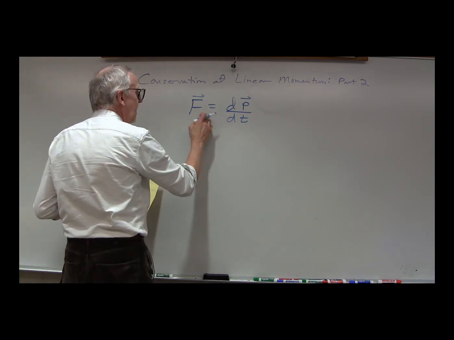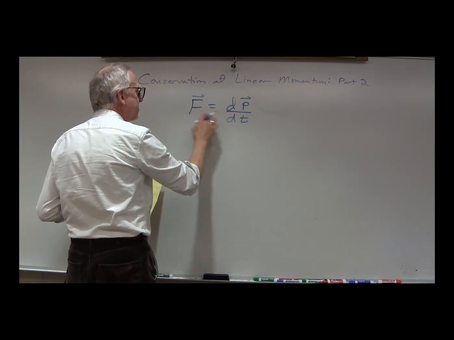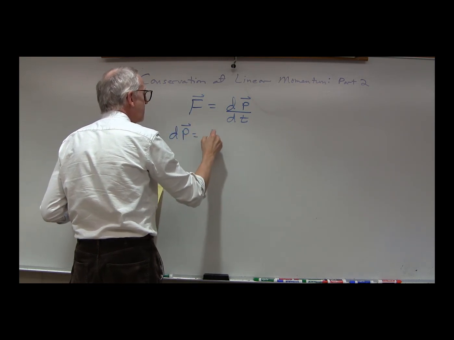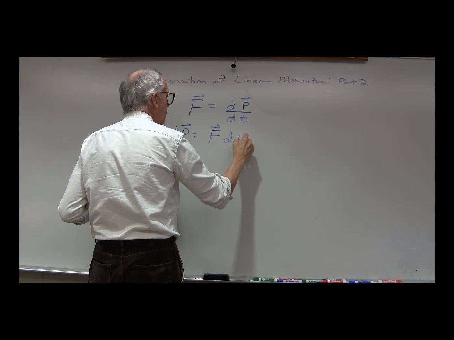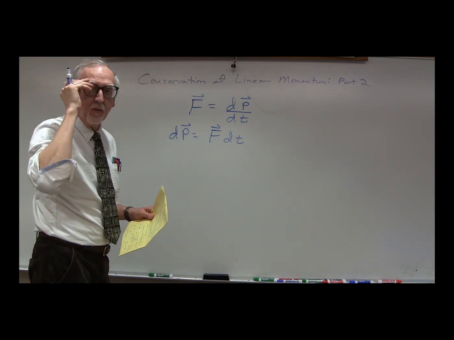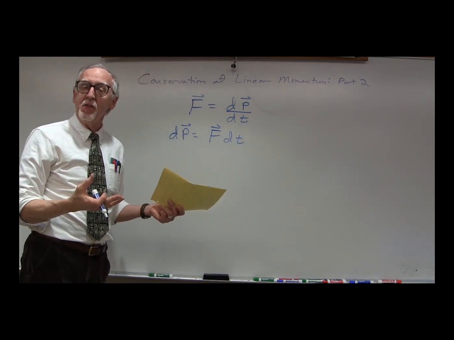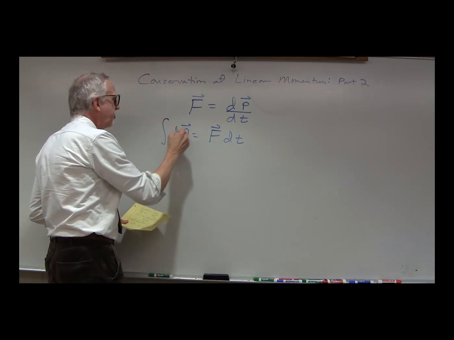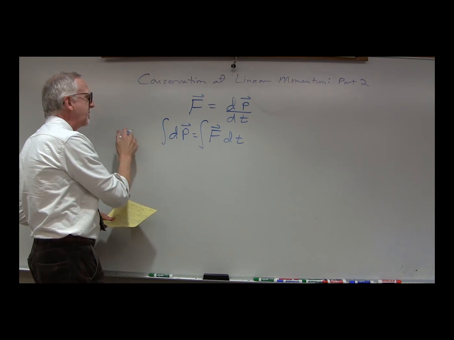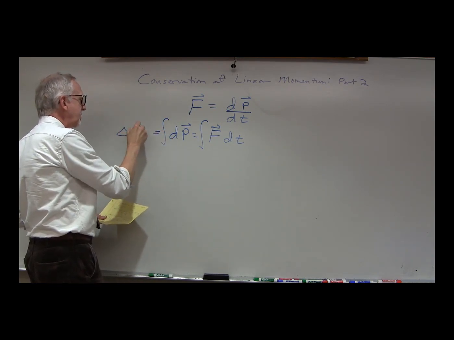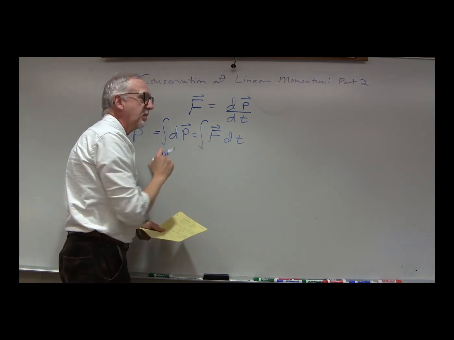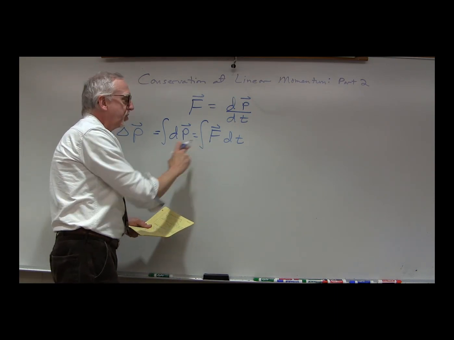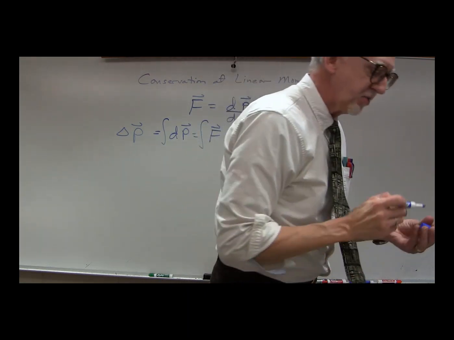Well, if we have some change in the momentum, let's multiply by dt, and so we have dp equals F times dt. If we want to figure out a large change in the momentum, or the total change in the momentum, we would integrate both of these, and this is going to give us that the total change in the momentum is then the integral of F dt. Let's think about what this force looks like. When we have some kind of interaction,